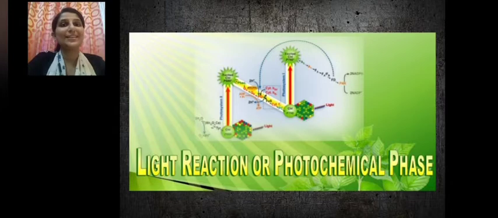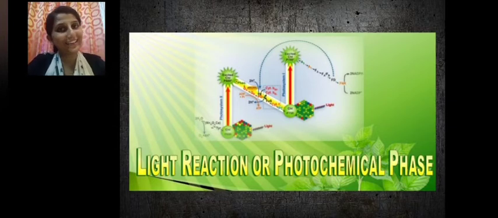Now let us learn about the light reaction, or the photochemical reaction. So far, what do we know about the light reaction? It takes place in the presence of light. It takes place in the membrane system, that is the thylakoid, which is the membrane bound sacs of the grana. We also know that light reaction is the reaction where energy rich compounds, namely ATP and NADPH, are synthesized in the presence of light. So let us learn in detail about the light reaction, otherwise called the photochemical reaction.